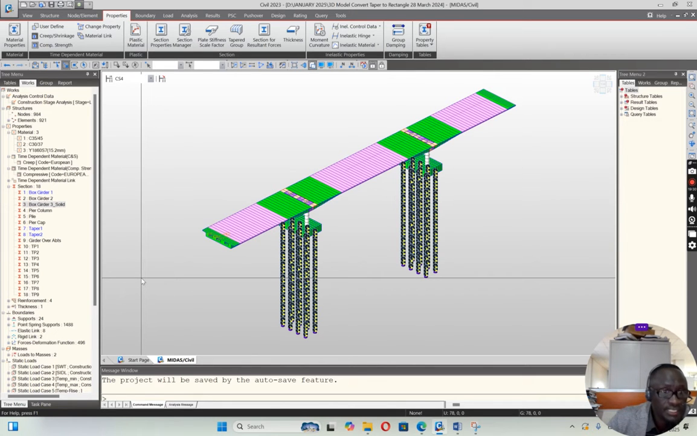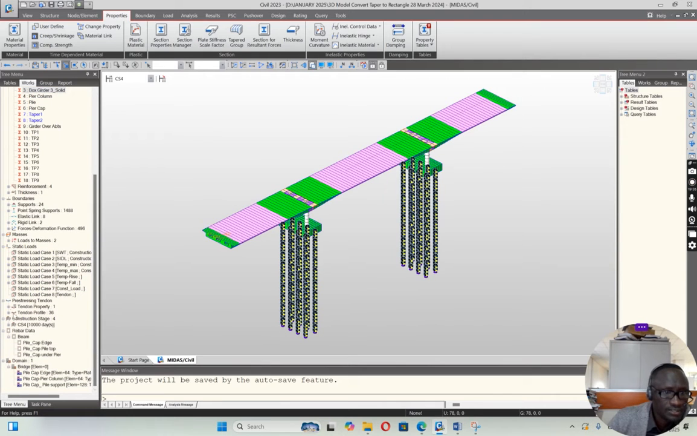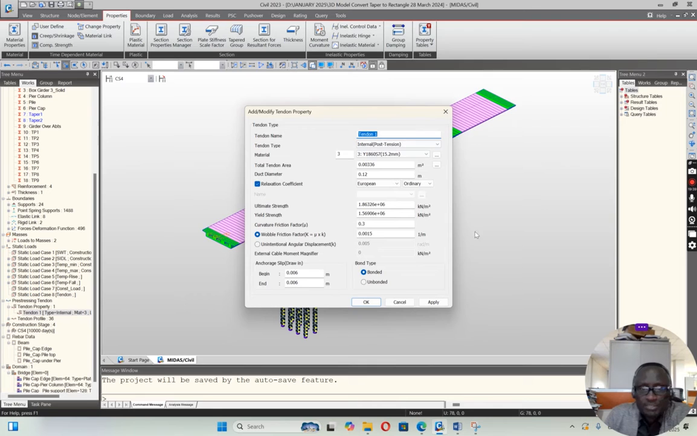Another interesting area you need to know is when we are dealing with the cables. You also have to look at the cable definition here. The tendon names and tendon types can be internal or external. We are dealing with internal, but in most cases, you also have